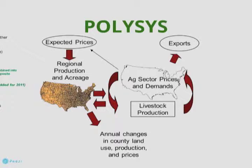So with the University of Tennessee, with Chad Hellwinkle and Danielle Ugarte, we apply PolySys, or Policy Analysis System. It's a linear program that optimizes with profit maximization for the landowner. So in short, we plug in USDA baseline projections, which include export data and projected demand, and we plug in National Agricultural Statistics Service agricultural survey data,